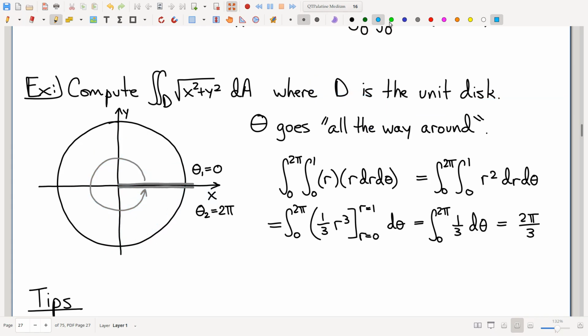Our first slice, you can start anywhere you want, but I'm going to start where theta is equal to 0 because that's convenient. Let me color code a little better. I'll do theta equals 0. Do it like that. So as theta increases,